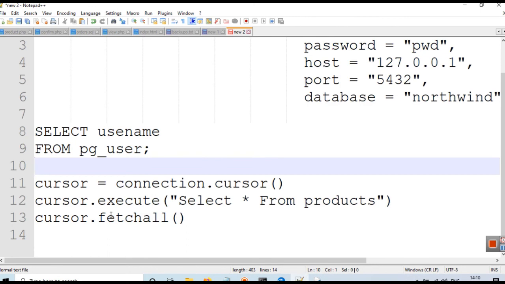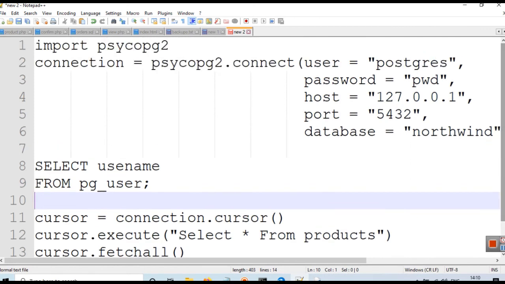For example, you can use indexes to get the product name and so on. We'll discuss that in later parts of this video series. In this part we were just discussing how we can connect to a PostgreSQL database using Python with a module named psycopg2.